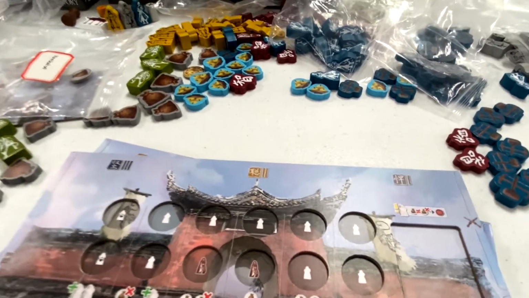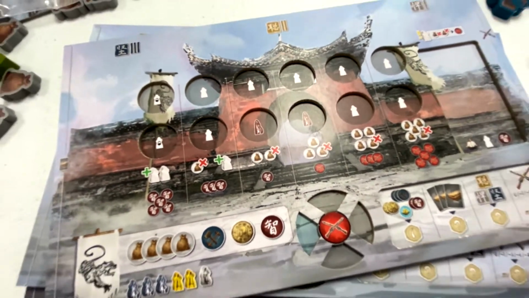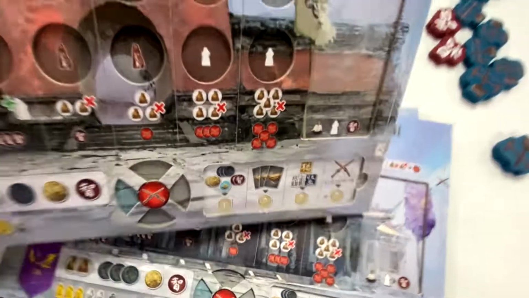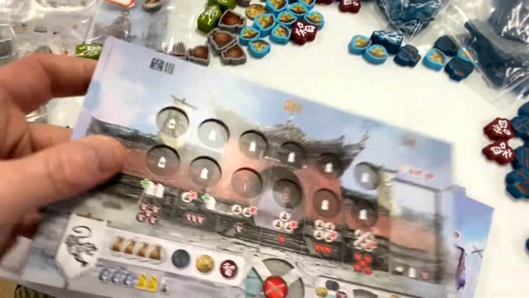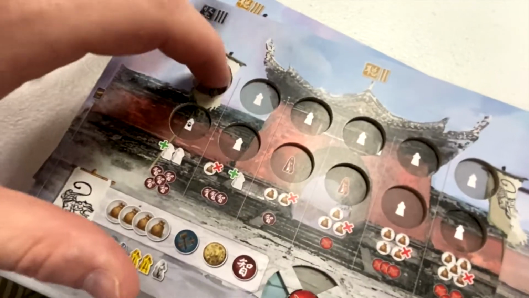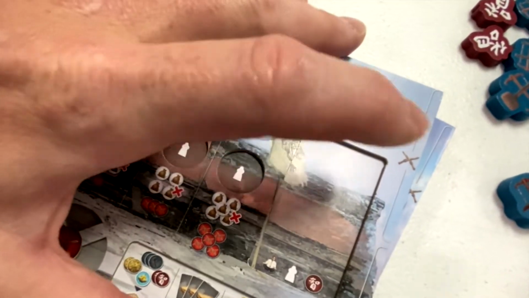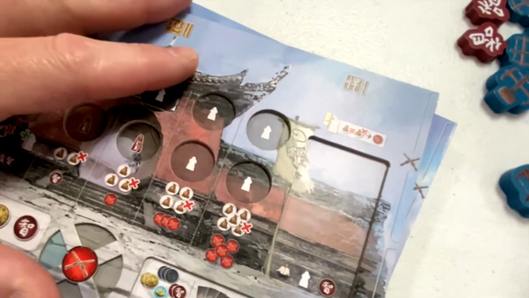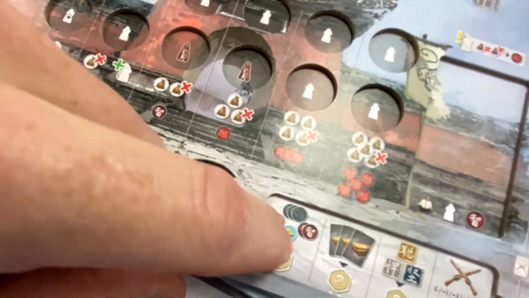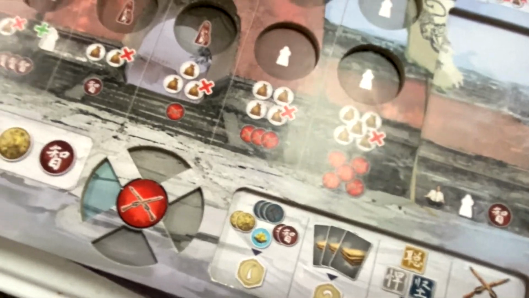Okay, one of my favorite components personally in the game are the player boards. I just love these things. These are nice, thick, dual layer boards with recessed areas for different things. We have a recessed area for student placement in the night phase and meditation chamber, which is an option during the round. And we have the suspicion track, of course, and then the score,